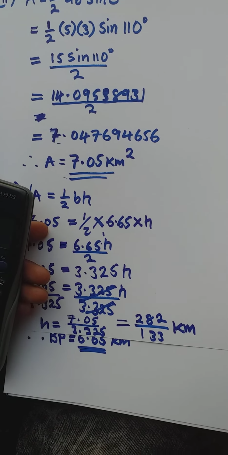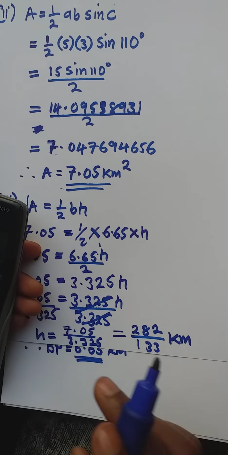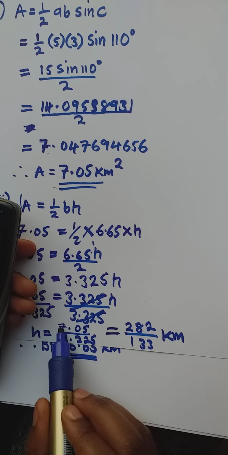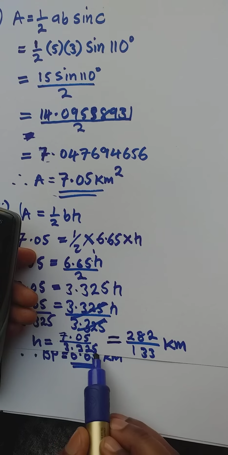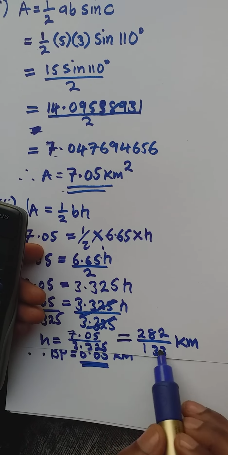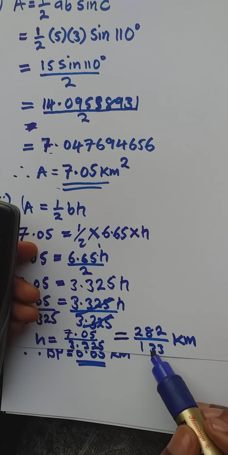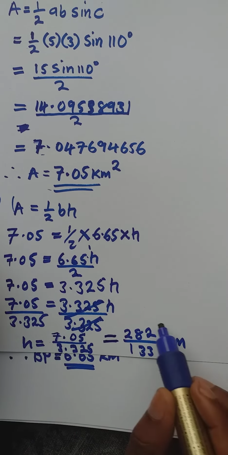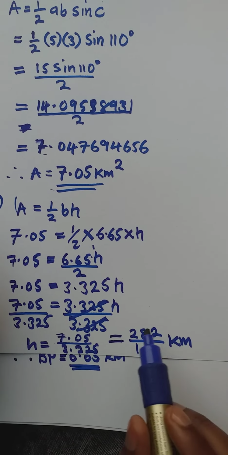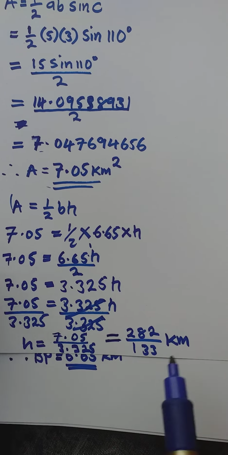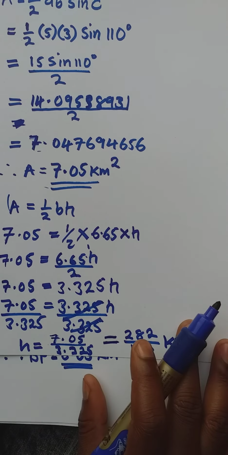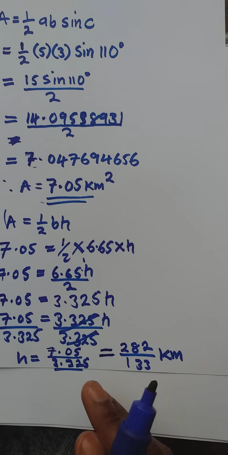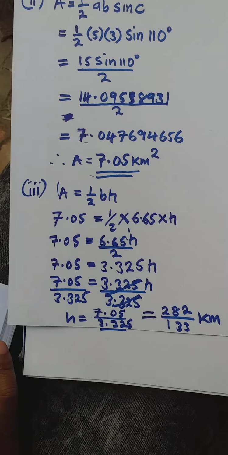So this will be the shortest distance. So please note that it's just my calculator which is revealing the answers in fractional form. So use your calculator to divide 7.05 over 3.325 so that you don't get the answer in fractional form, you get the answer in decimal point, and that's the shortest distance. It is the same as this, but I advise don't leave it in fractional form, leave it in decimal form. So that's how we calculate the shortest distance, which is simply the height of the triangle. Okay, so that's the solution for part